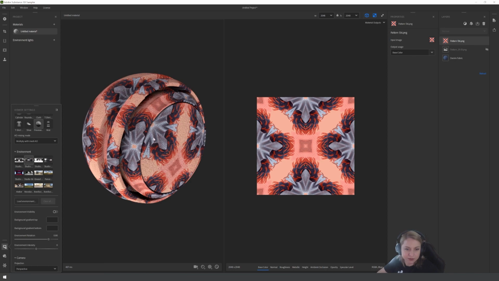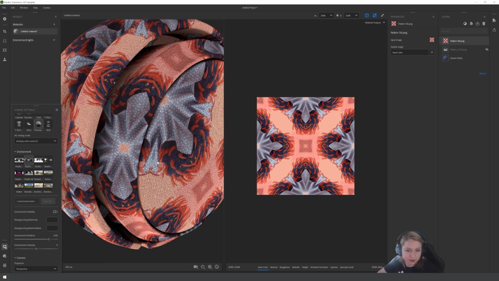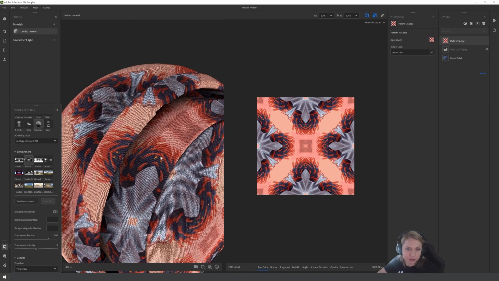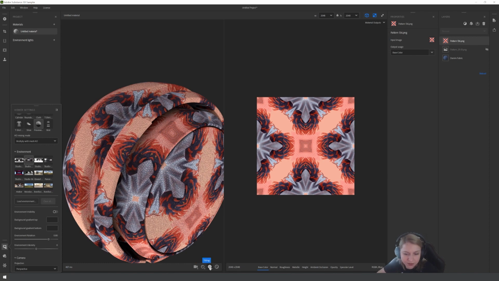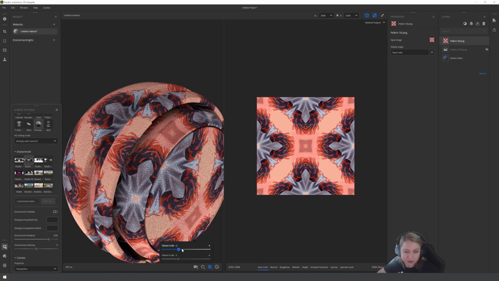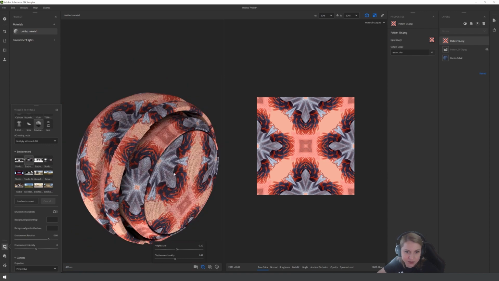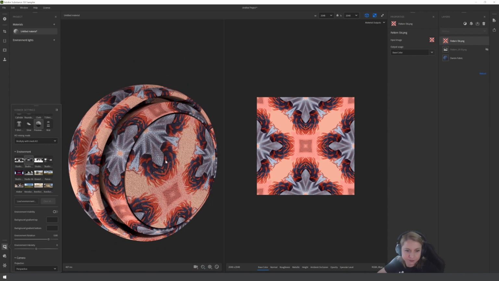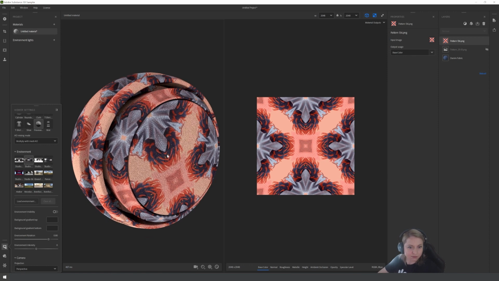Now you can see all the details on everything. It looks really good. You can change the tiling in the viewport, also the scale of the height map, for example. I don't want to change this because I like the way it looks. So let's get back to the original idea.